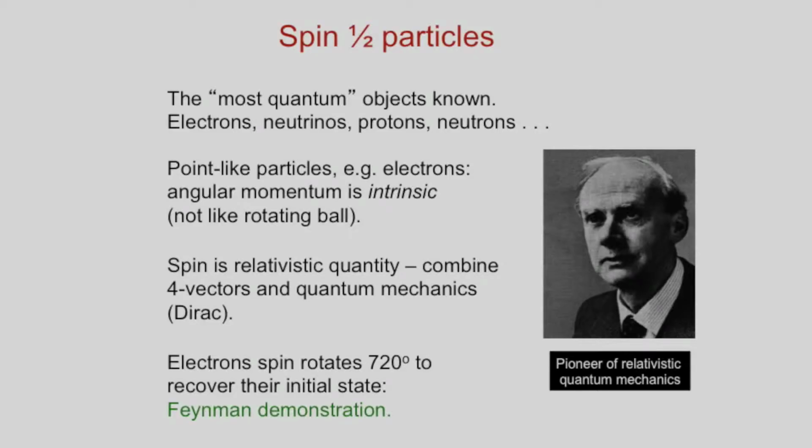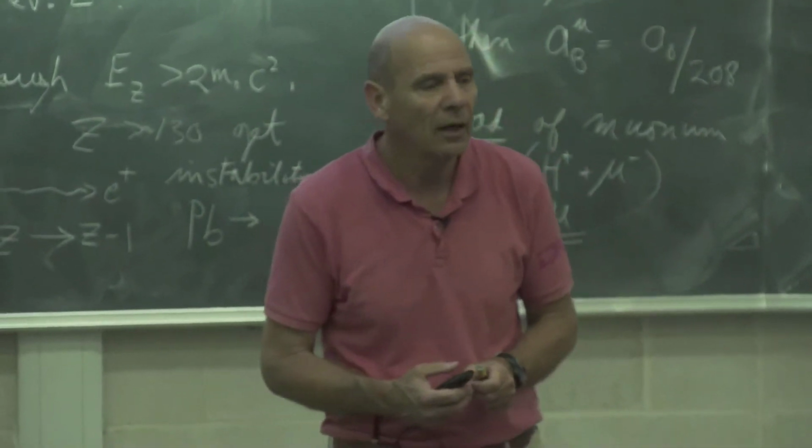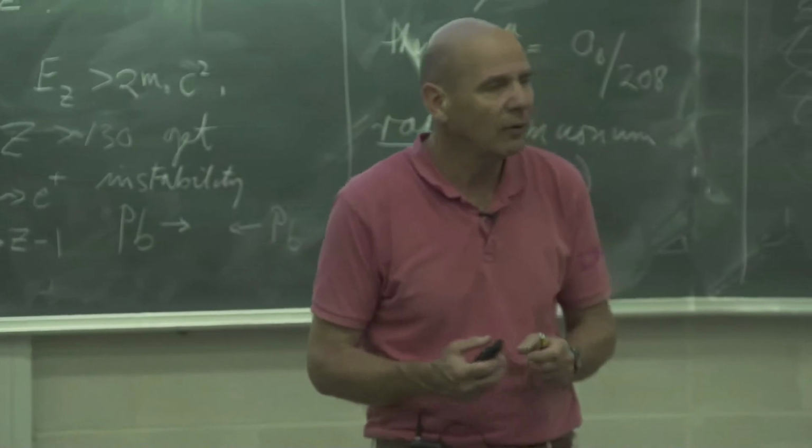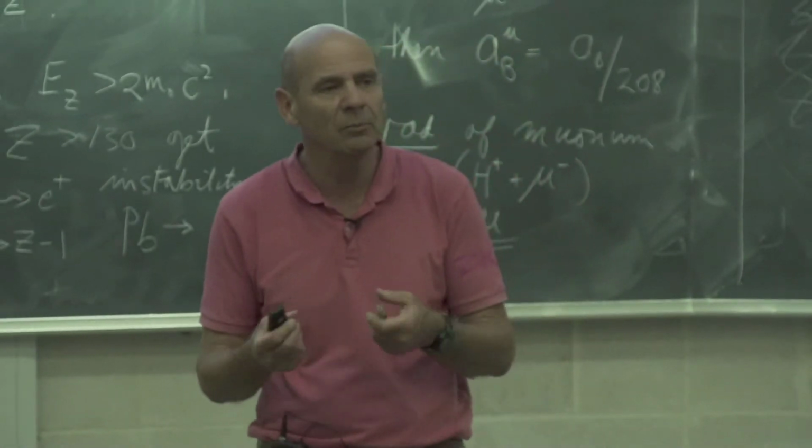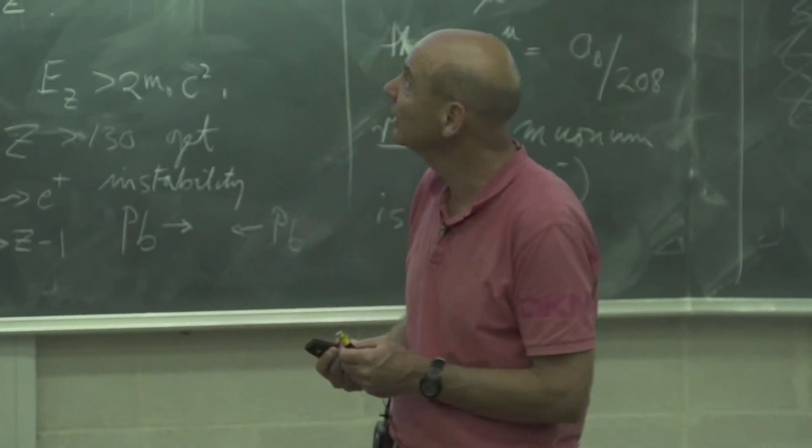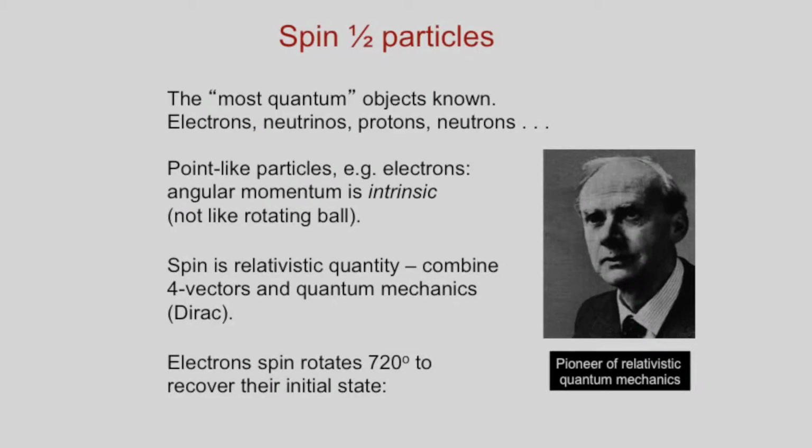So what about other particles? Well, the spin 1/2 particles are really the most interesting. They've got the smallest spin and they have the most pronounced quantum effects. The electron in particular is interesting. There are others like neutrinos, protons, and neutrons that have half spin, but the electron is interesting because the electron